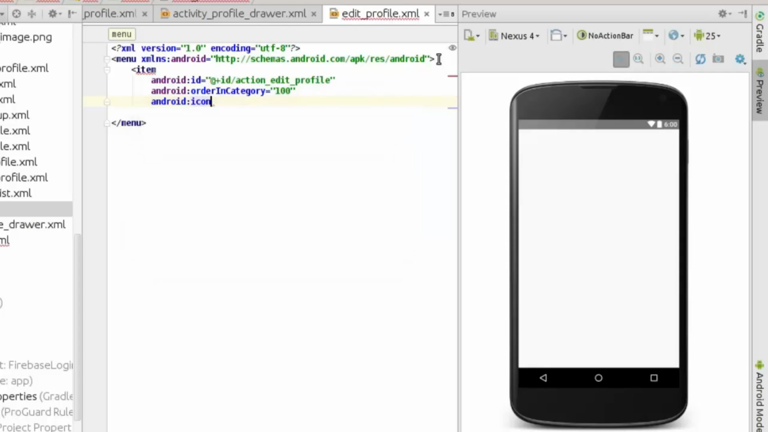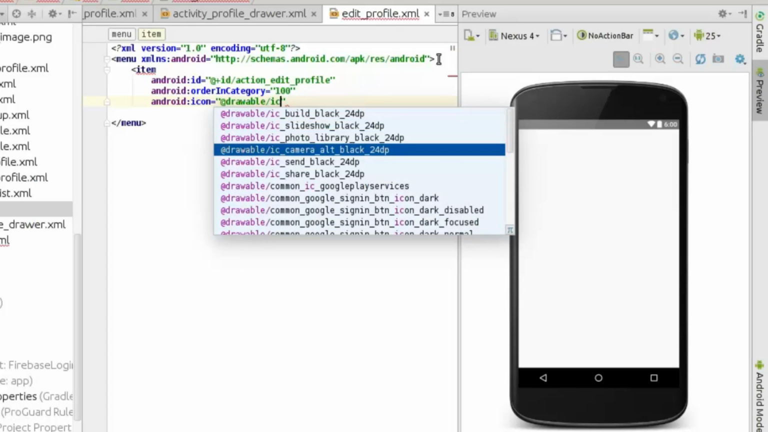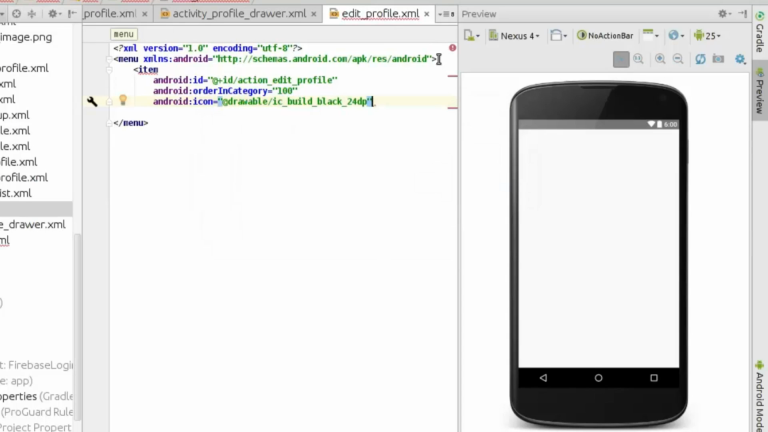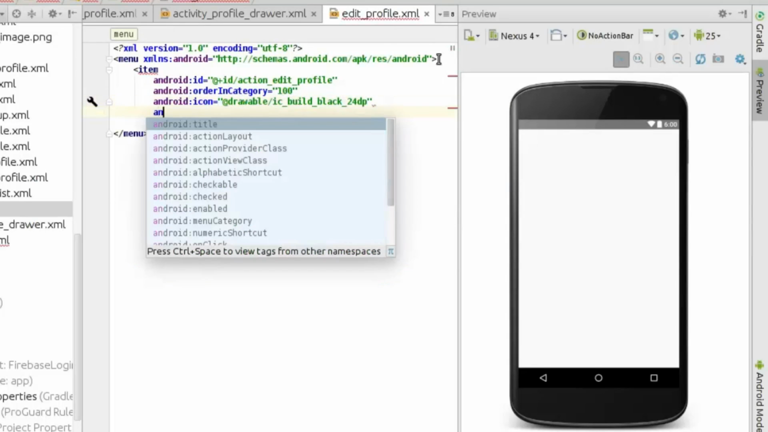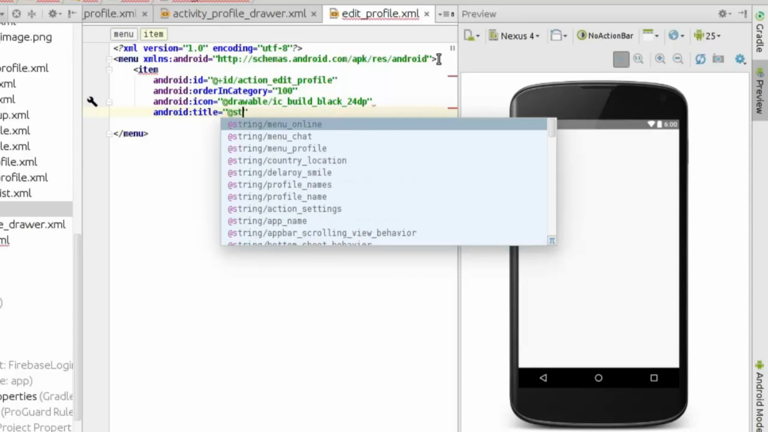icon, drawable. Let's call it. It's actually going to be for the edit profile. Let's use this, the black one. Android title, string,